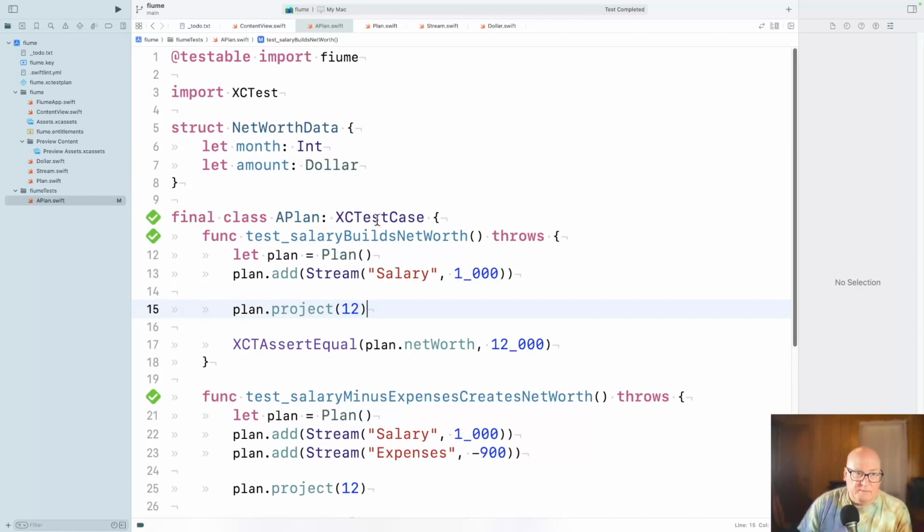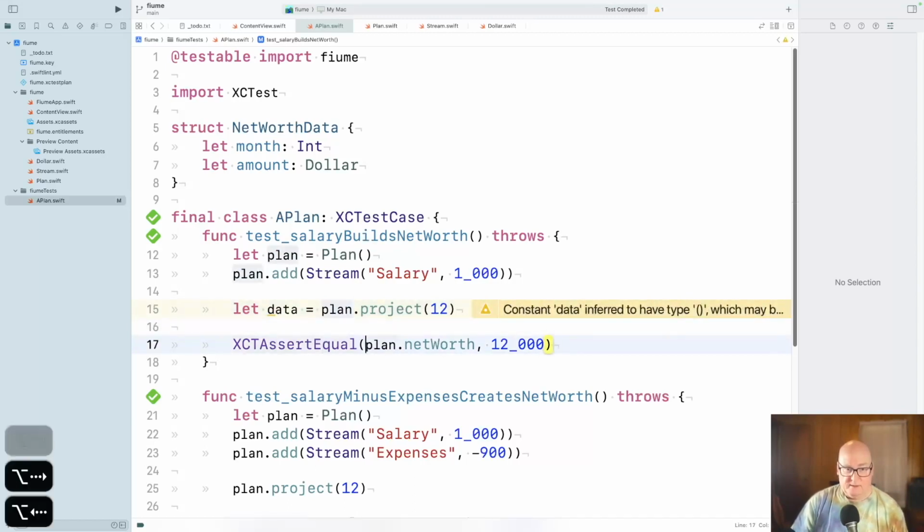And I'm going to get there in steps. Okay. I'm going to say this thing should give me something back. All right. So it should give me an array of net worth datas. Okay. So let data equal that.